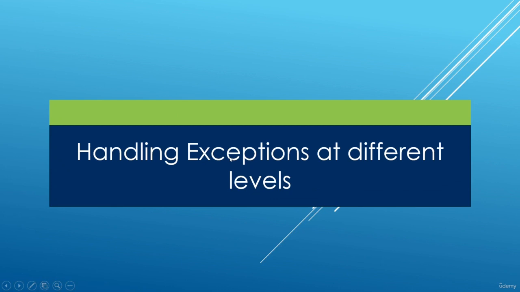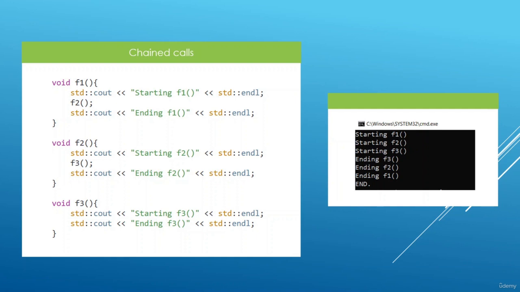In this lecture, we are going to explore the idea of handling exceptions at different levels. And to show you what I mean, we are going to set up a chain of function calls. Suppose we have a function 1 here, which is called f1. This function is going to print a message that it is starting execution. It is going to call another function called f2, and when it finishes execution, it is going to put out